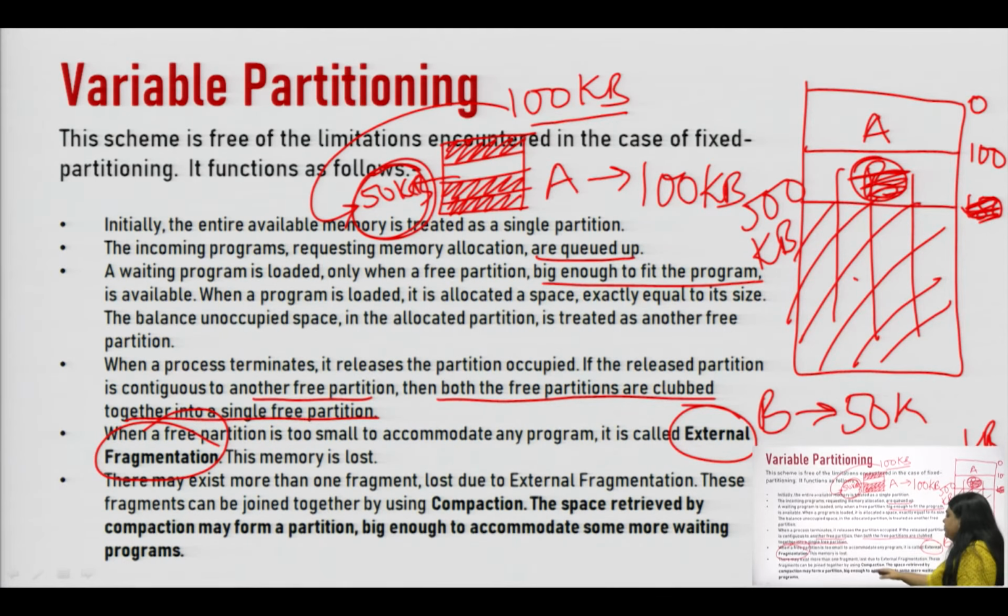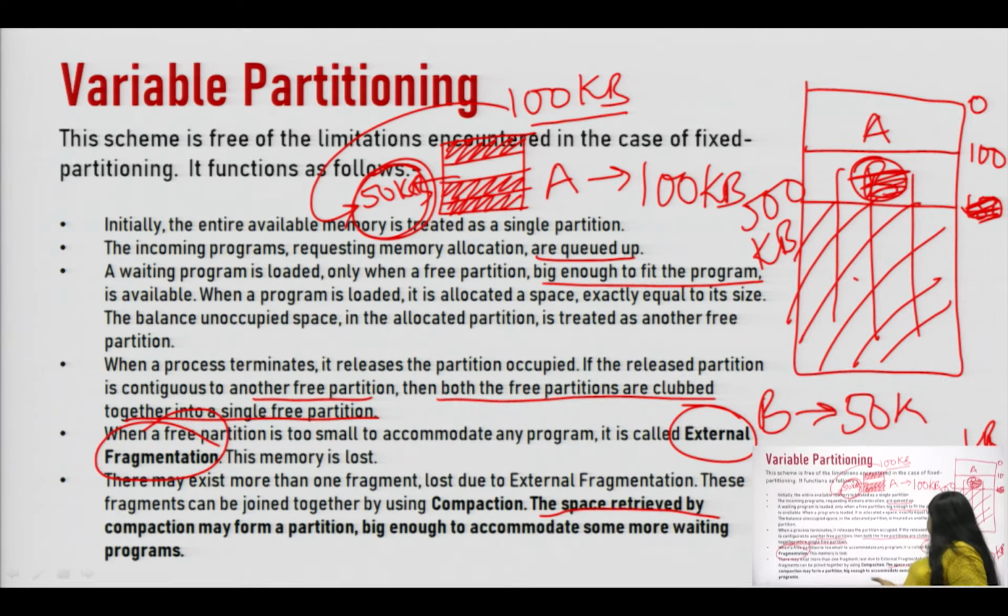And if there exists more than one fragment lost due to external fragmentation, these fragments can be joined together using compaction. Now, compaction is a technique where we can join multiple free spaces that are left here and there. So, there can be very small processes which have come inside and they have taken some space and they have finished their execution and they have left. So, these free memory blocks are left out here and there. So, compaction is basically the process of clubbing all these free memories into one block,